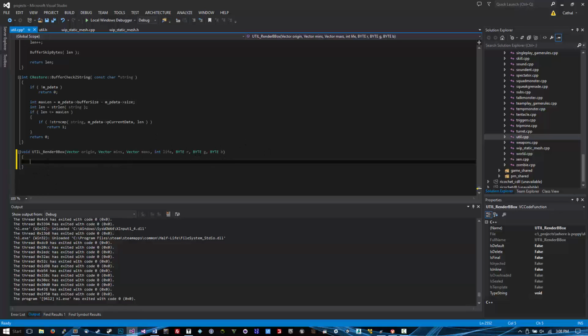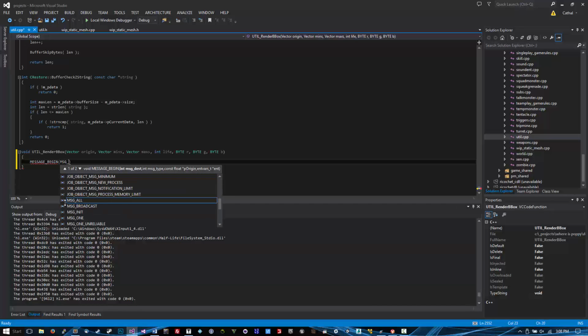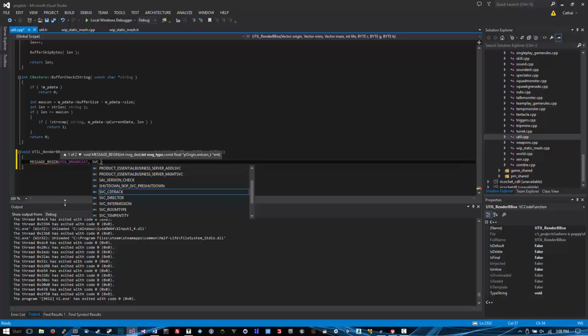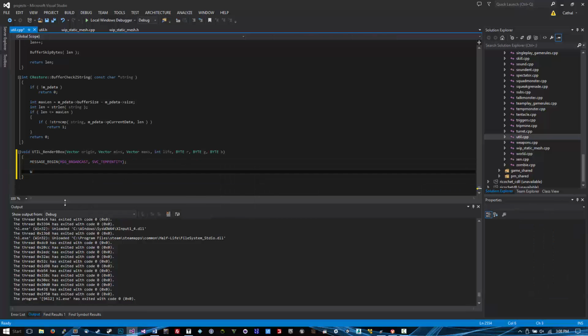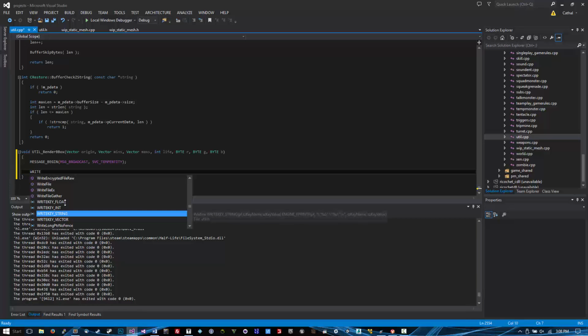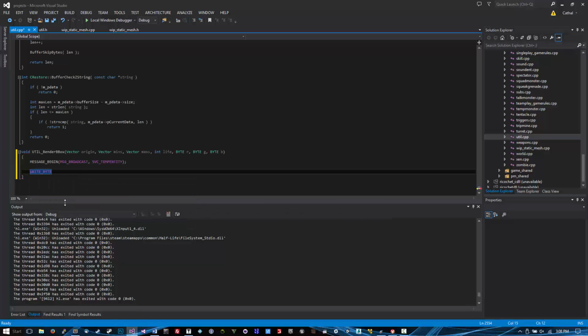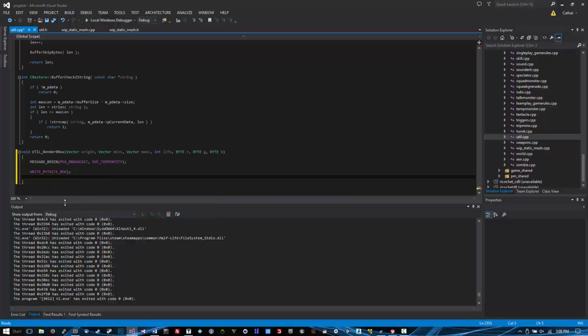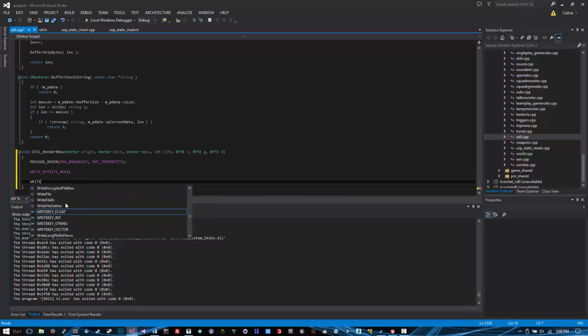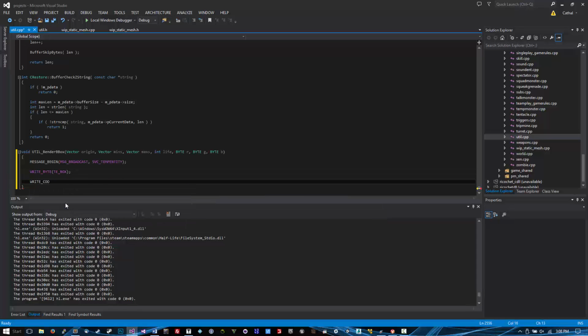So we start with message underscore begin, msg underscore broadcast, SVC temp entity. We start writing our bytes. TE box is, I guess, temporary entity box. And I'm going to start write coordinates. So coordinates we're going to be writing is the origin,